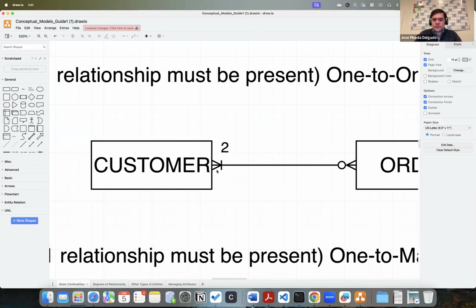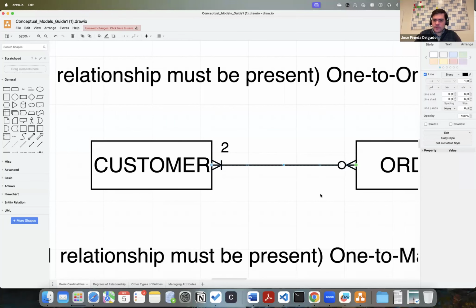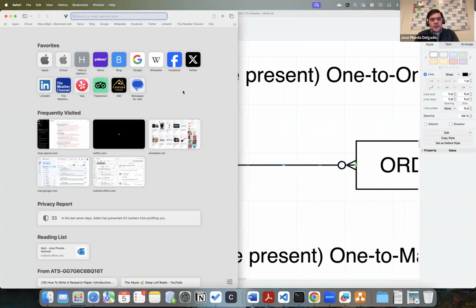We want to use these symbols. Don't override these symbols with anything else, even if you're familiar with class diagrams. The crow's foot and the perpendicular line, that's what we want to use. There exist some alternatives for class diagrams. And while it is very common for people to overlap them, they are not the same and they shouldn't be used as the same thing. So for example,